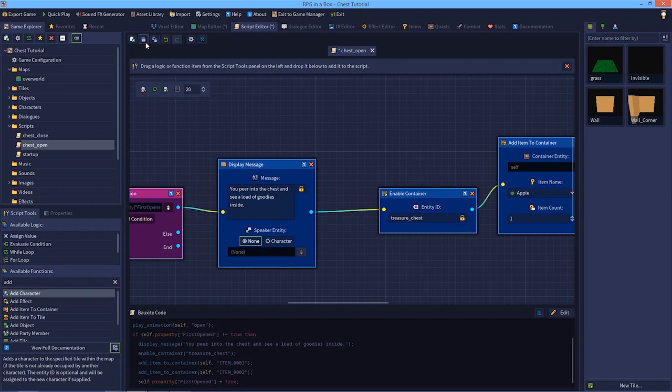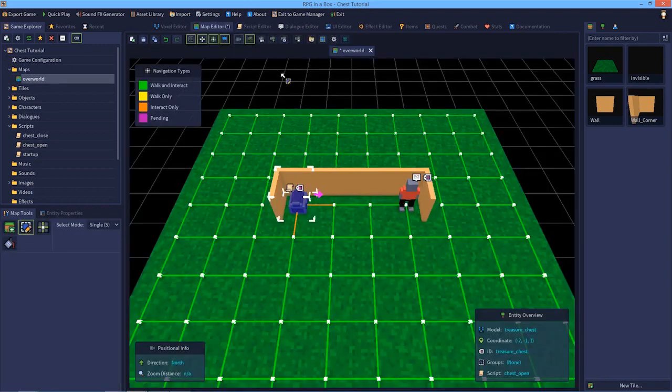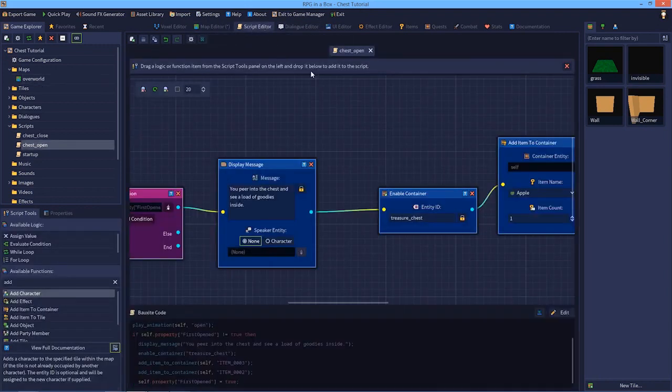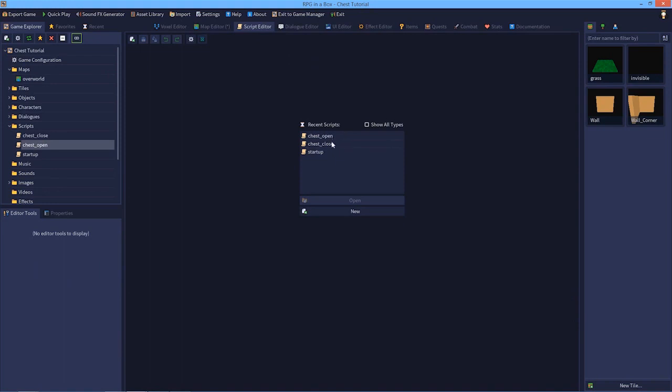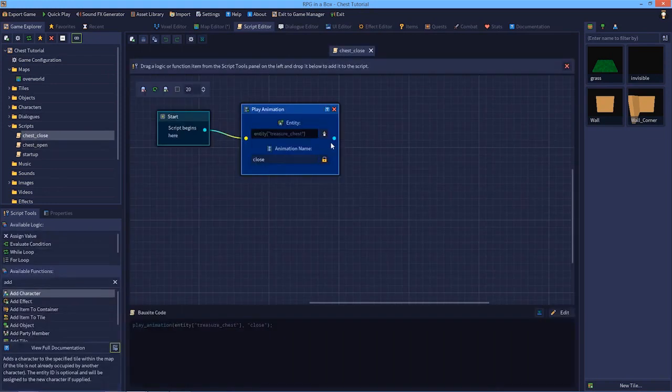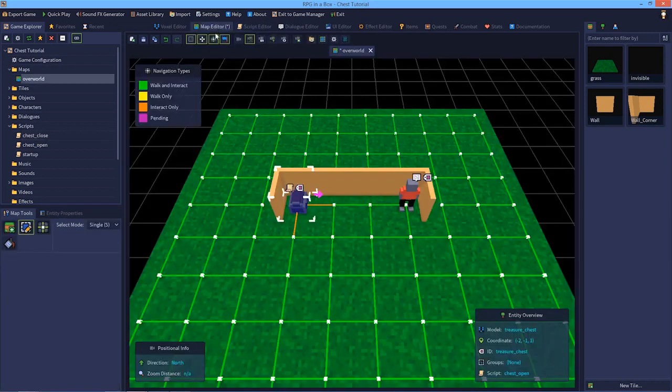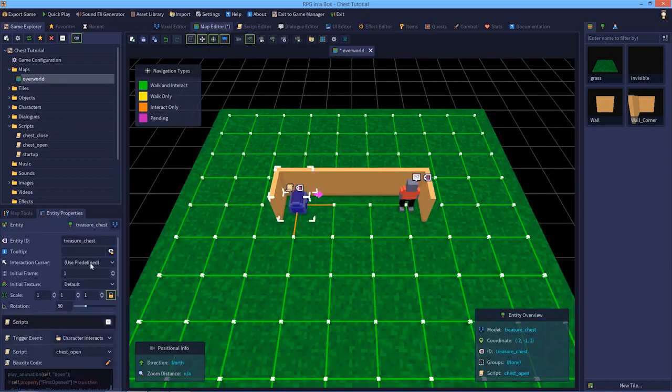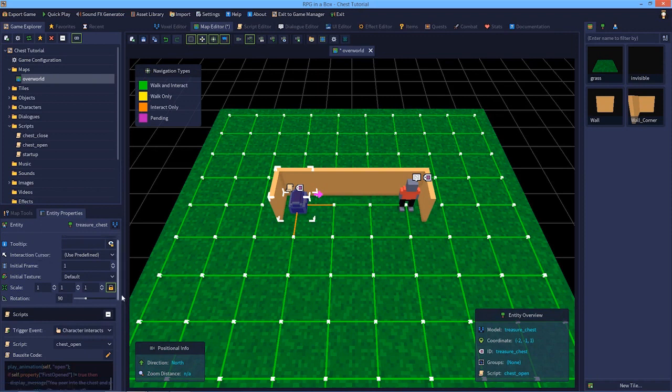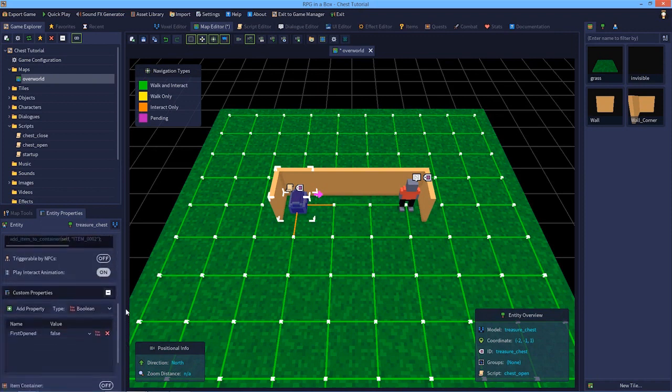But the problem is I don't know how to assign the other script. Let's just go to the chest close script, the one that closes the chest. I don't know how to assign that to the on close of the chest. Basically, let me show you, I don't know how to assign that currently to